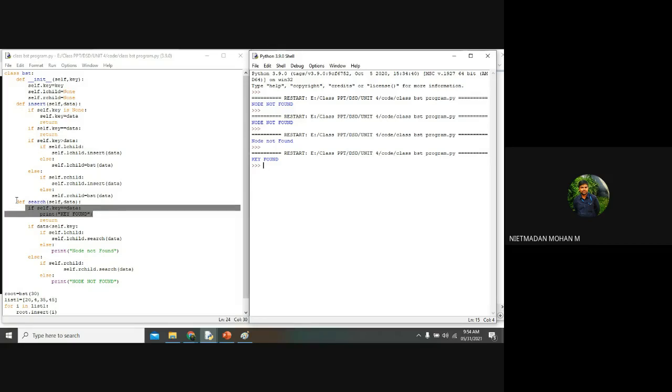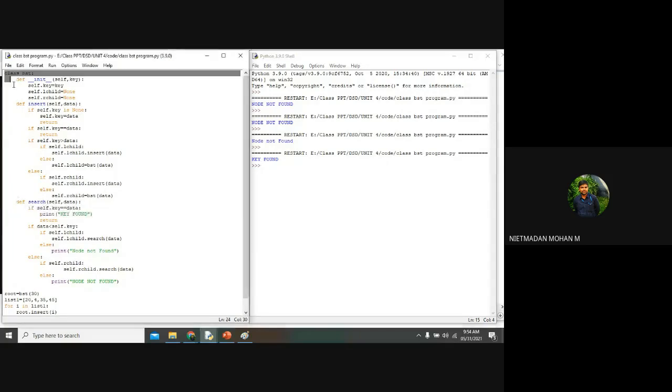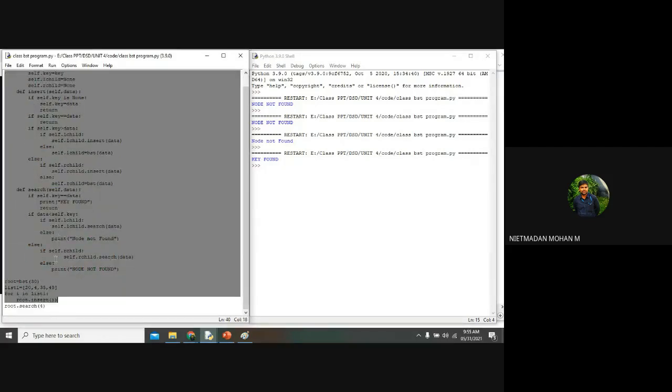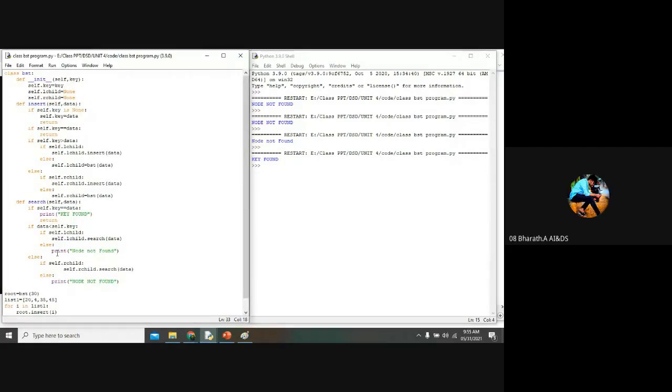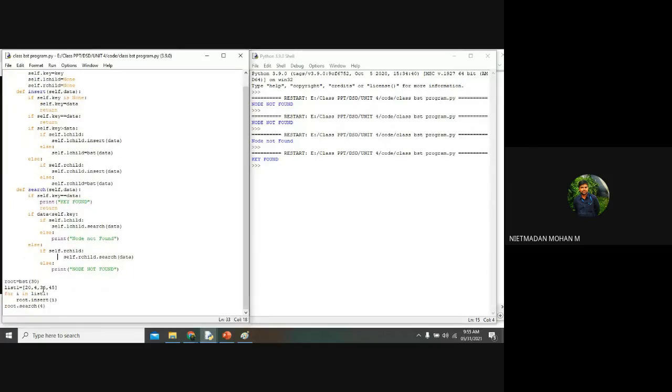So this I want to take separately. I will explain the theory part first, and after that I will go with the programming part. Have you understood about this? Insert and search. Yes, sir. Yes. So now I am inserting the same element. So 30, I am inserting 30, which is my same element.